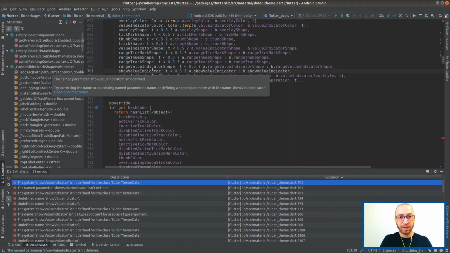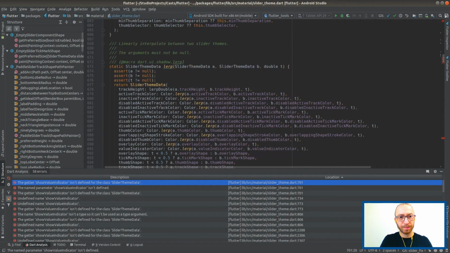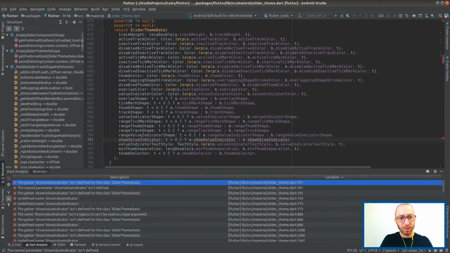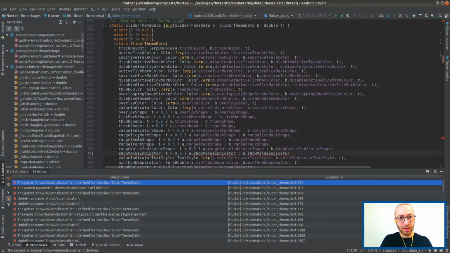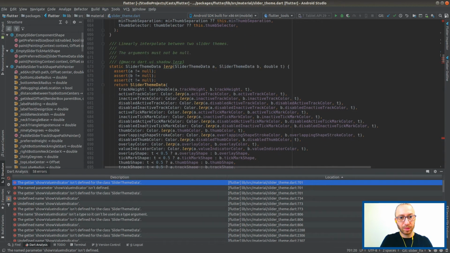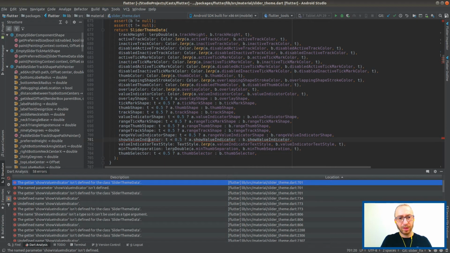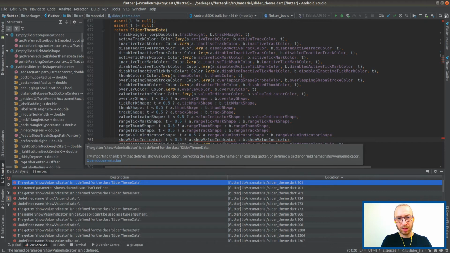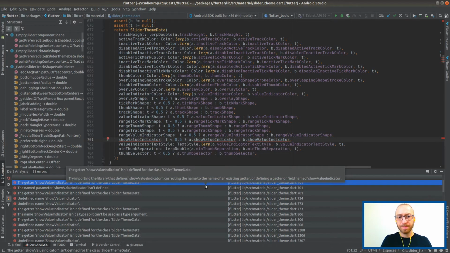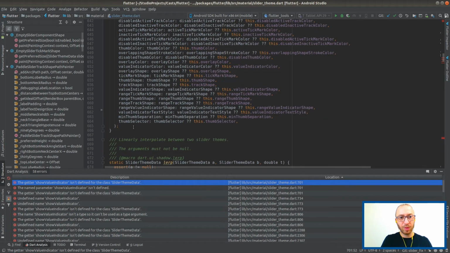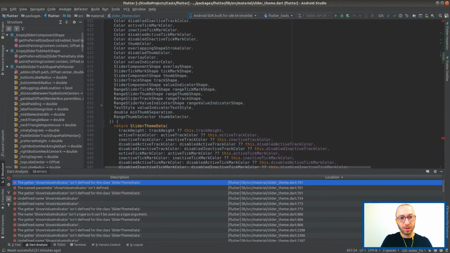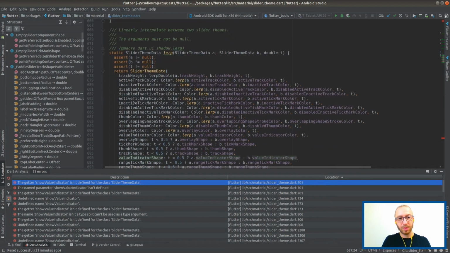So show value indicator seems to no longer exist, because we removed it completely. Was it not a boolean over here? This one, right? No indicator. No, I don't think it was. Oh, it's the theme, so it's not the boolean, so it's fine.